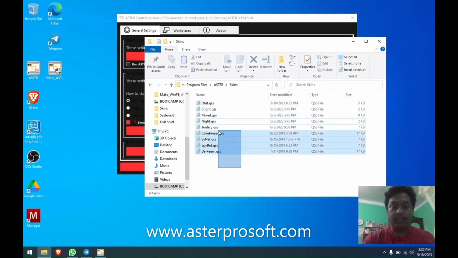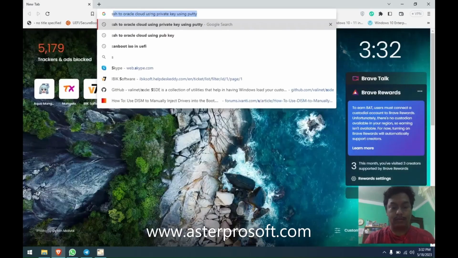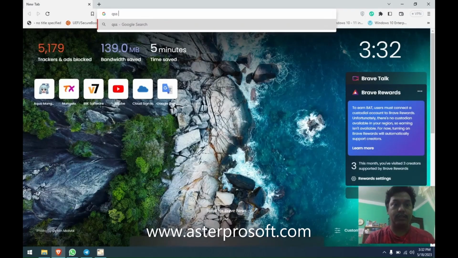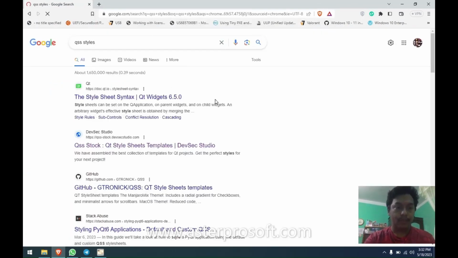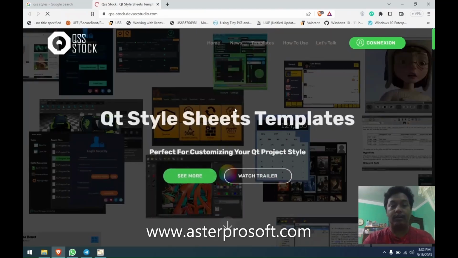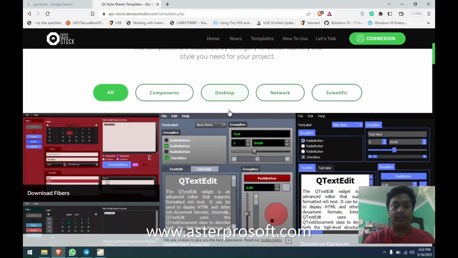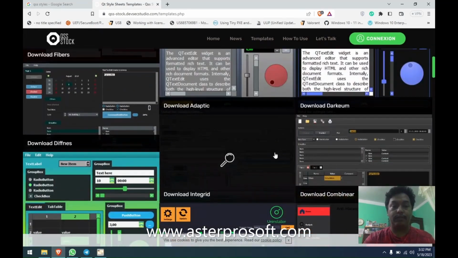And these I got from an online website, and let me show you. As you can see, DevSec Studio, QSS stock, Qt style sheet templates. You can go here and download many of the style sheet templates that are available on the website. So I downloaded some of them from here,